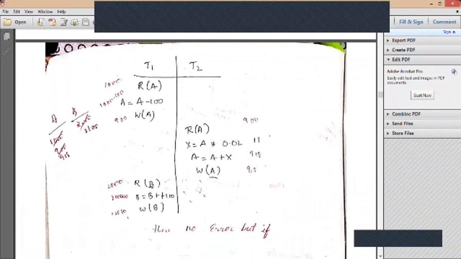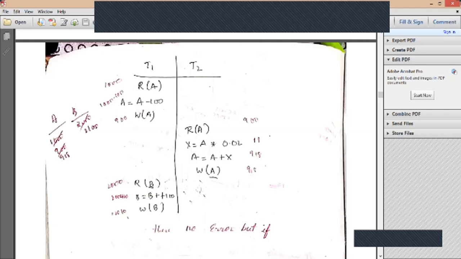Okay, here first we are reading the A value and updating it, that is nothing but 900. So we have updated 900 here. After that we are reading the A value, that is 900, because we have written the A amount back to the account. So the transaction T2 is reading the A amount, 900, and we are creating the data based on this, adding the data, and the output we get is 918. Now that 918 we are updating here. Now we have done this write of A.